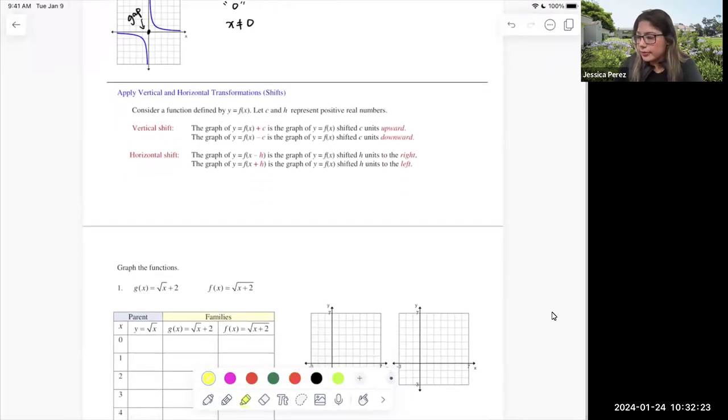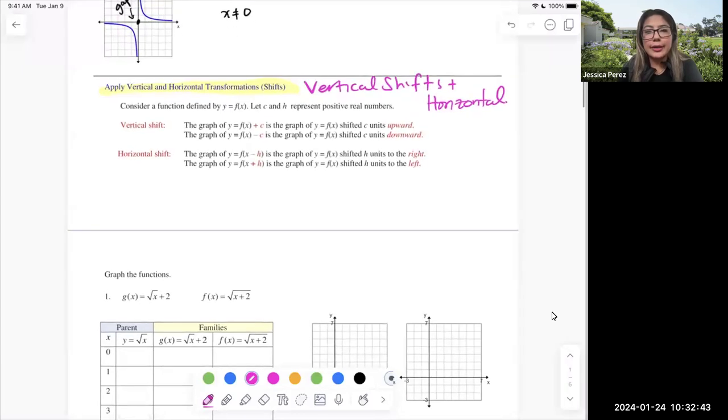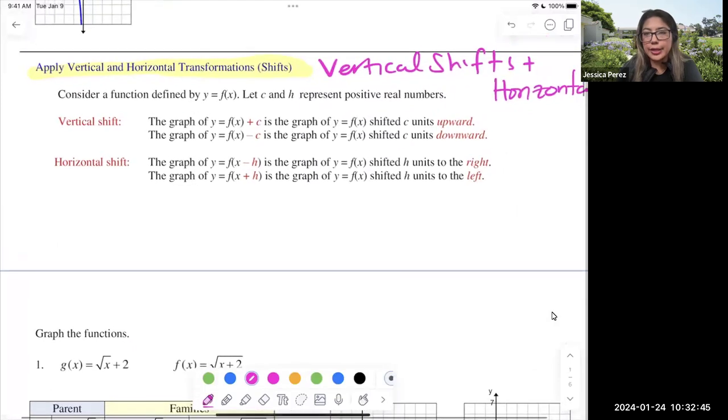So one of the first transformations we do is called shifting. We're going to be doing vertical shifts, and we're going to do horizontal shifts. So what's the difference between the two? When you have a vertical shift, you're going to add a plus or a minus c to mama. So assuming that f of x is your mama function, your basic function, when you add a plus c,